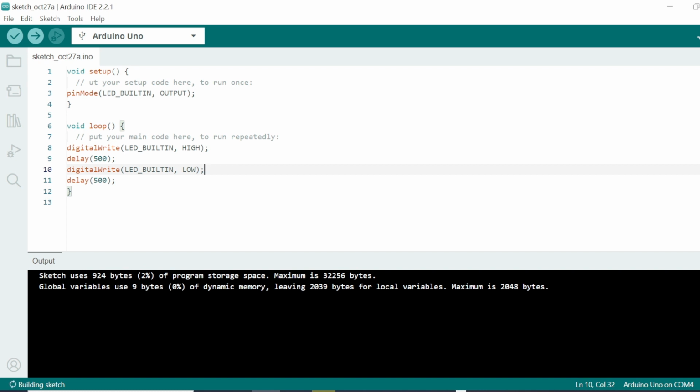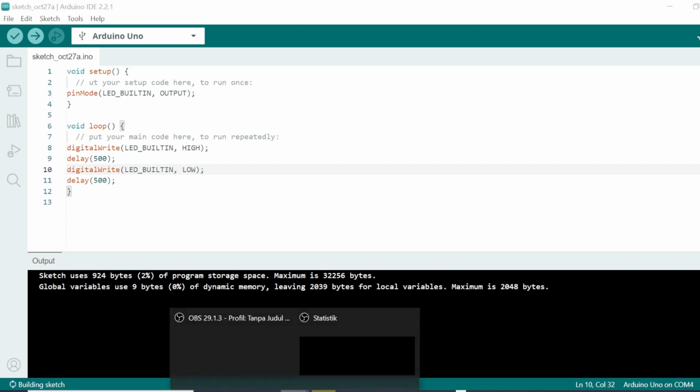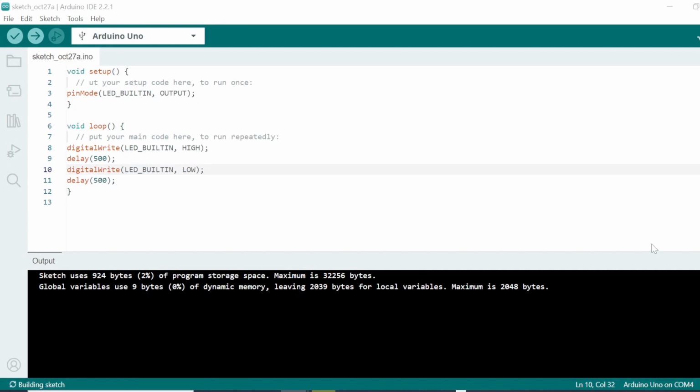Well, here we are initializing the pinMode function by filling in two parameters. The first parameter is LED_BUILTIN. This is a constant Arduino default variable that we can use globally. For the second parameter, we write OUTPUT, which means that the built-in light on the Arduino pin will be an output, where the program is entered into the loop method.